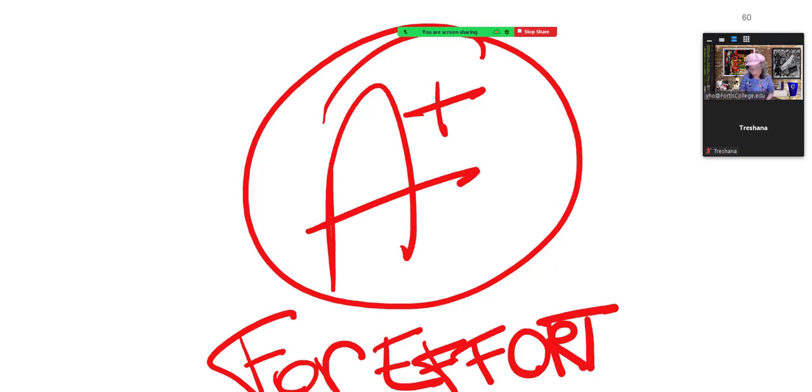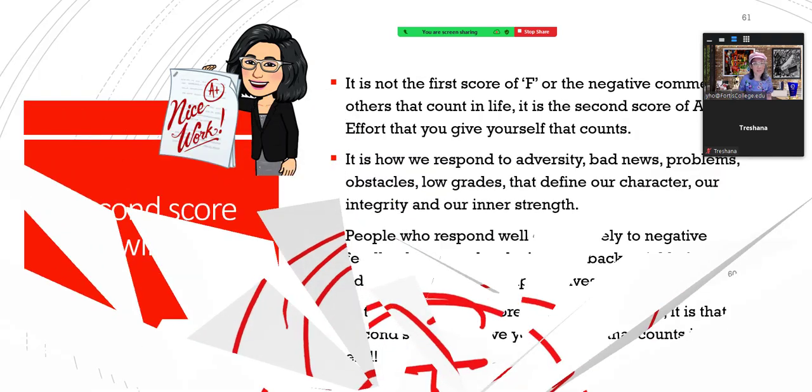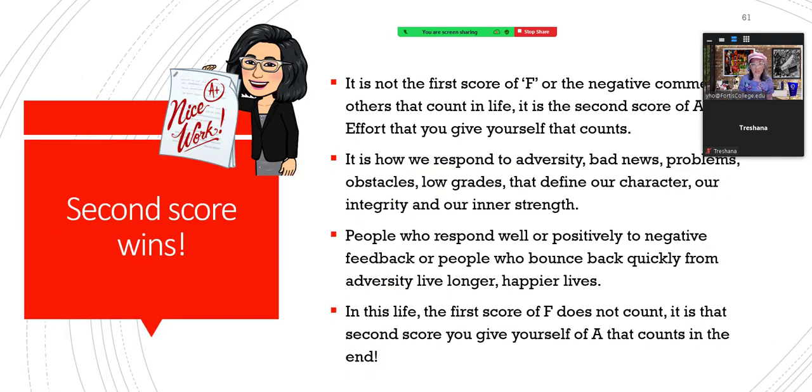I do believe that's attributed to Martin Luther King. Second score wins. So it is not the first score of F or the negative comments that others give you that count in life. It is the second score of A for effort that you give yourself that counts. It is how we respond to adversity, bad news, problems, obstacles that define our character, our integrity, and our inner